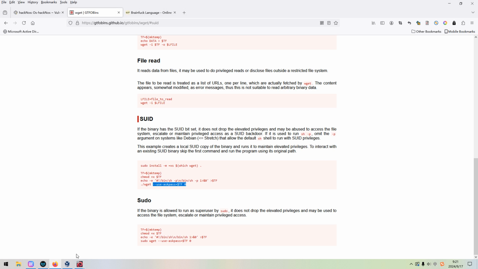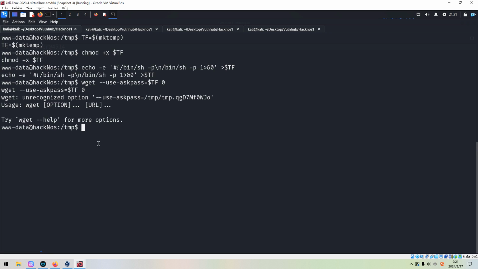So how to do? Actually, wget, so what the SUID bit means. This means when we run this binary, and this binary has SUID bit, we will get temporarily the privilege of the owner of this binary.